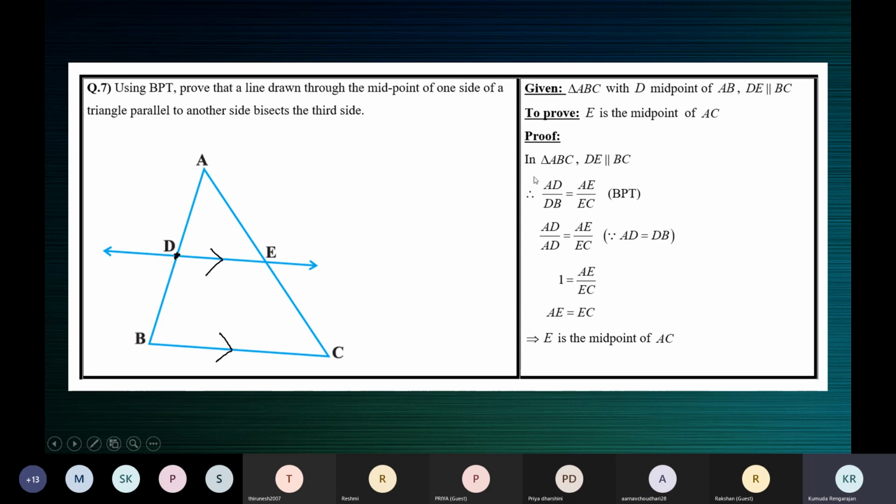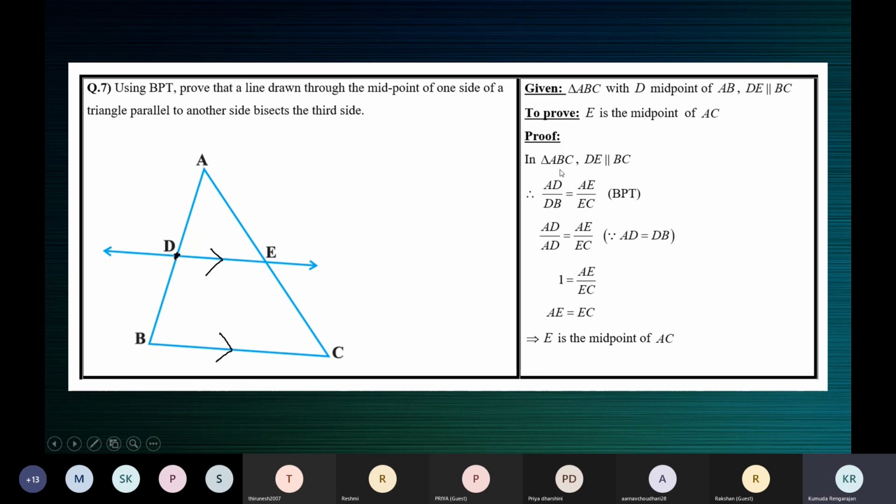So in this proportion, here we have AD, write AD as it is. Instead of DB, you can write AD because they're equal. Or you can write DB by DB, anything. See, if you have x by y, and you know that x is equal to y, then x by y can be written as x by x or y by y. Both are the same.